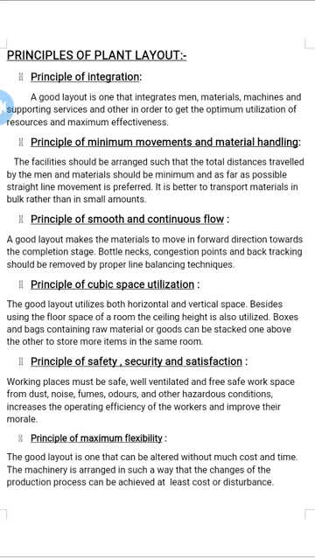So that is the principle of integration. It integrates man, material, machines and other supporting services to get optimum utilization of all resources and produce maximum effectiveness.